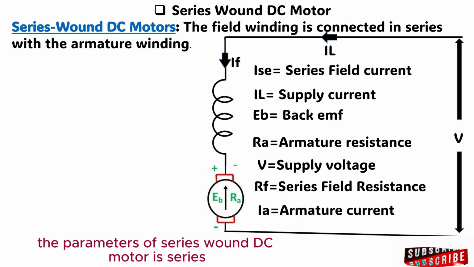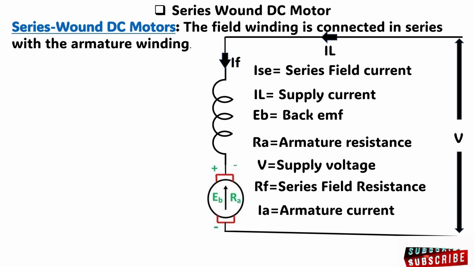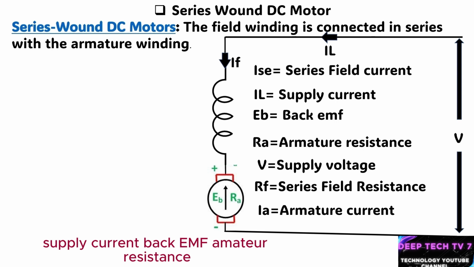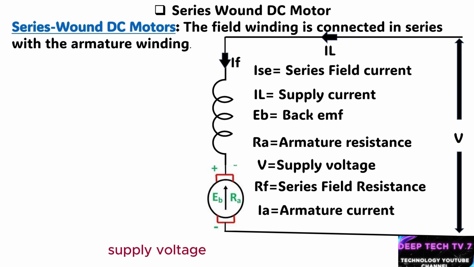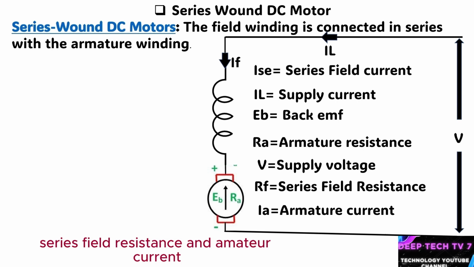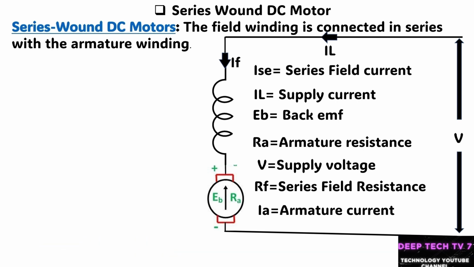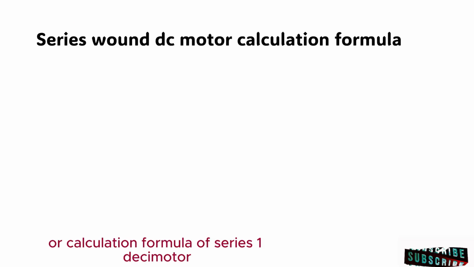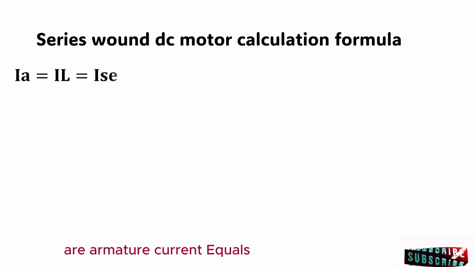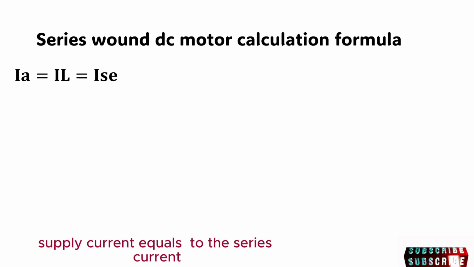The parameters of series wound DC motor are series field current, supply current, back EMF, armature resistance, supply voltage, series field resistance, and the armature current. Calculation formulas of series wound DC motor are: armature current equals supply current equals the series current,